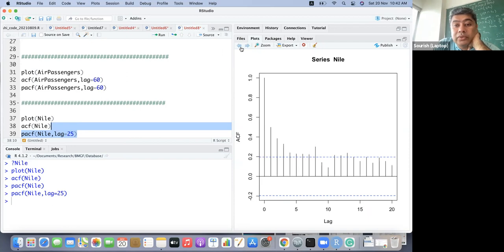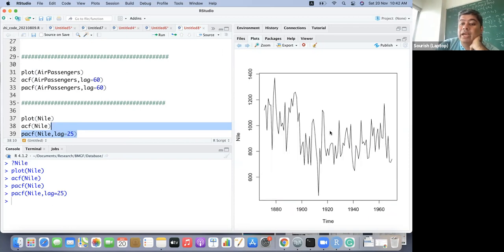So this data is most likely near stationary, except that there is maybe some mean behavior.